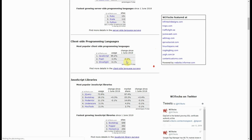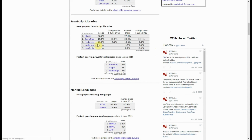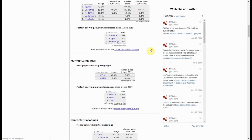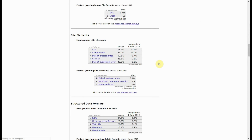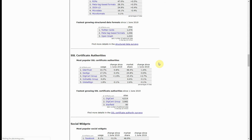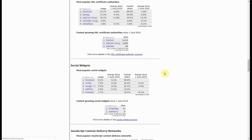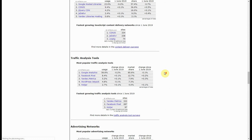As we look at JavaScript client side, which is not a surprise either. JavaScript is the most popular front-end programming language, dynamic language. Site elements, structure. A lot of interesting information here you may be interested in. As we scroll down,